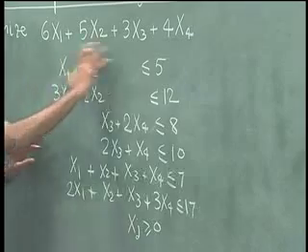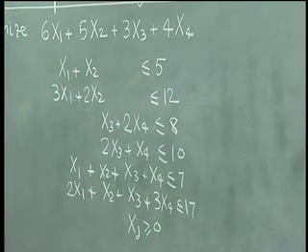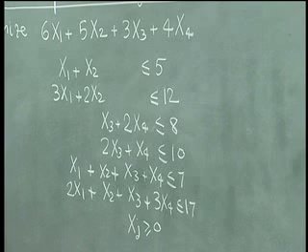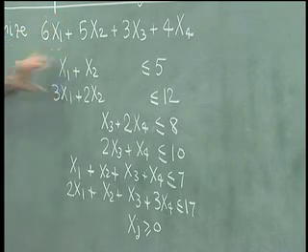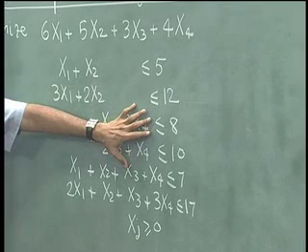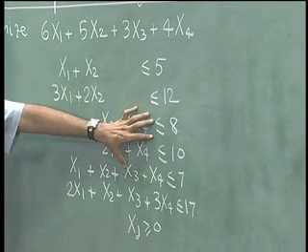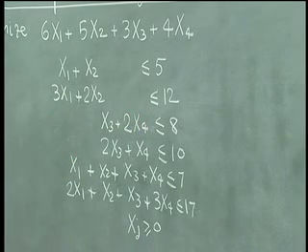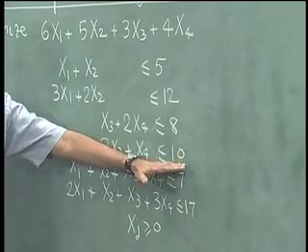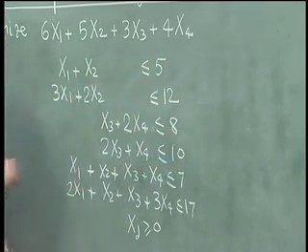Let us take a closer look at this set of constraints. Now there are 6 constraints, but we observe that the first 2 constraints involve only the first 2 variables. The next 2 constraints involve the next 2 variables x3 and x4, and these 2 constraints have all the variables. So one of the things we can do is relax the problem, which means we remove some of the constraints. If we relax these 2 constraints and look at only the other 4,